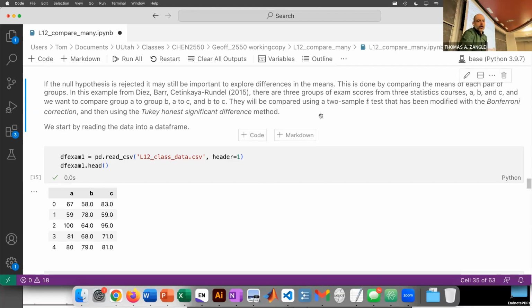And we're going to show how we can do this analysis in 2 different ways. The first is essentially doing a t-test, but modifying the way that we do the t-test. We're going to modify the t-test to account for the overconfidence that we would have if we were to just do the pairwise comparisons using the methods from the previous lecture. So that's going to be the first way. It's called the Bonferroni correction. And then we'll look at using the Tukey honest significant difference method. So we're going to have the Bonferroni test and the Tukey test, both different ways of making these pairwise comparisons